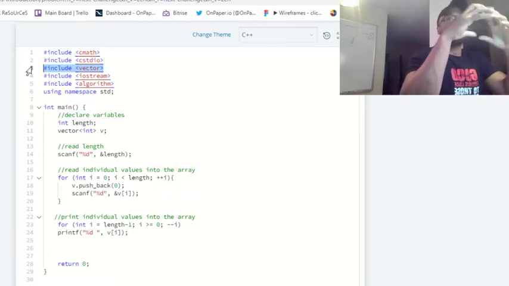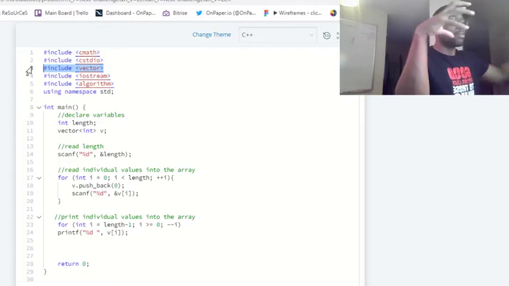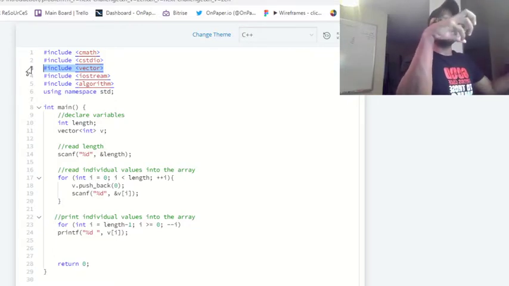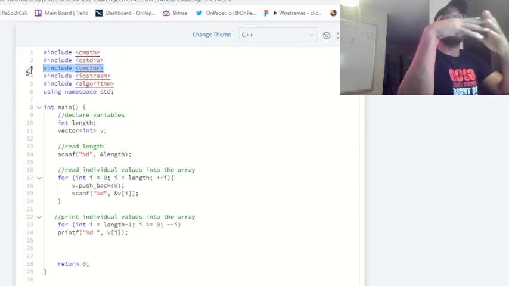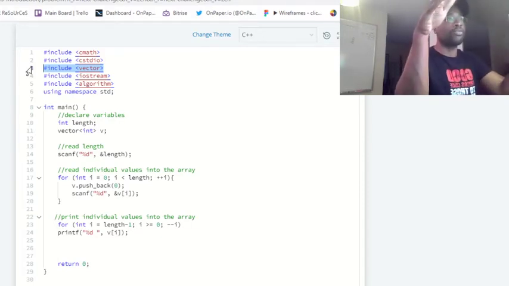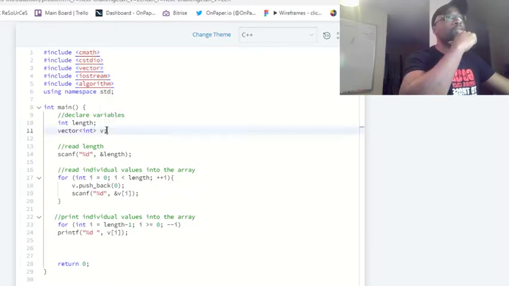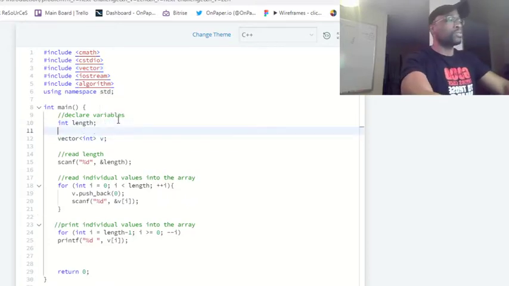Doesn't matter. So a vector is a dynamic container, meaning it doesn't need to know exactly how big it is to get started. Meanwhile, an array, like we talked about, does have a very fixed size. And so what needed to happen is I needed to, instead of trying to do this, which is what I had before,